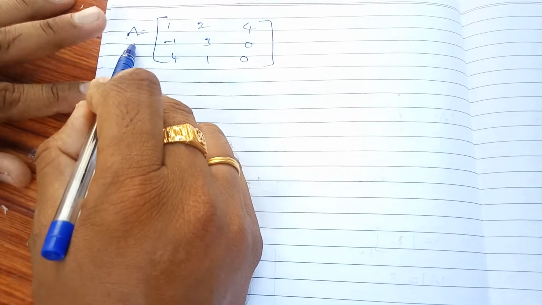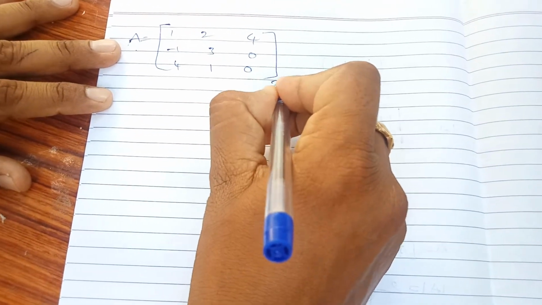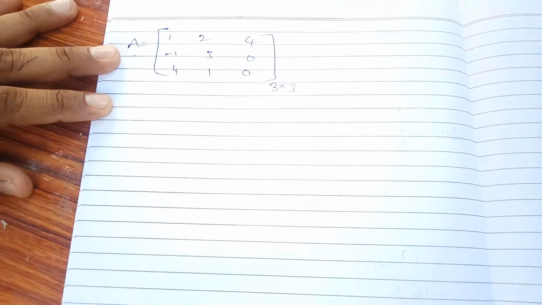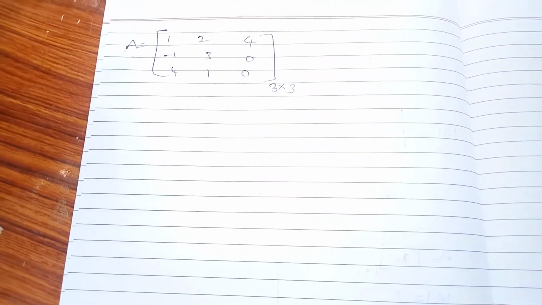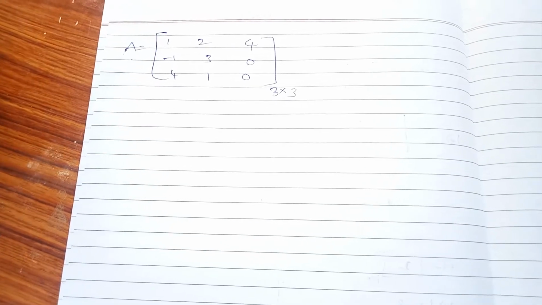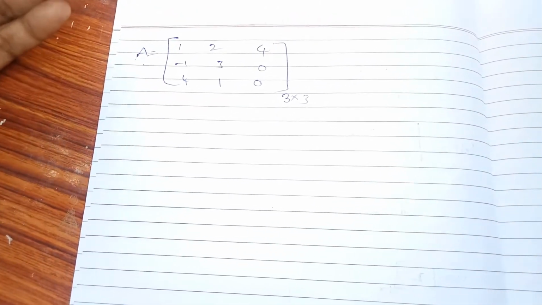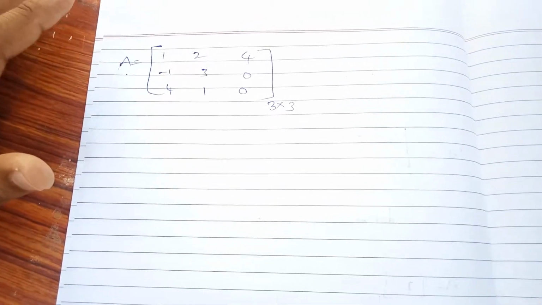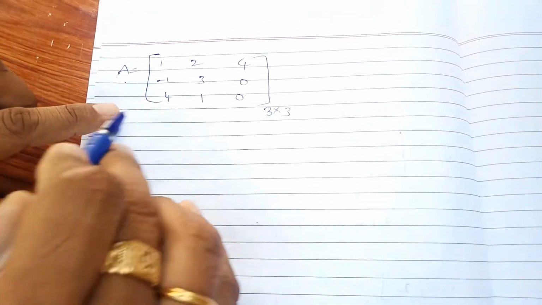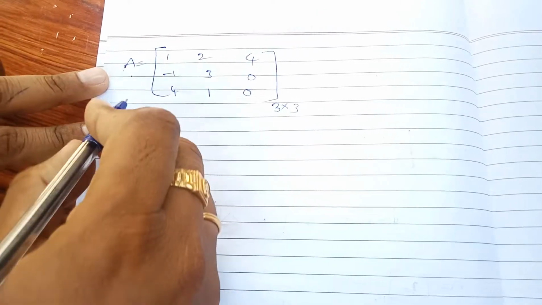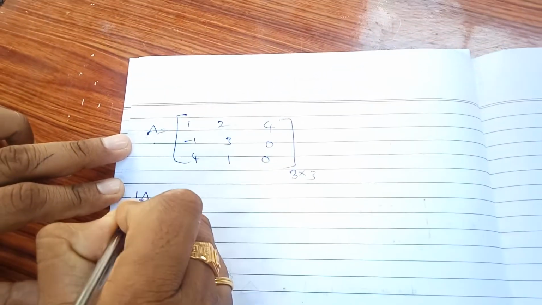See, this is the matrix A, again we are taking, but whose order is now 3 by 3. First we have completed matrix A whose order is 1 by 1, how to make the determinant of that, and the matrix A whose order is 2 by 2, and how to make the determinant of that matrix we have completed. Now we are going to continue with the matrix A whose order is 3 by 3. So A, we are applying the determinant.